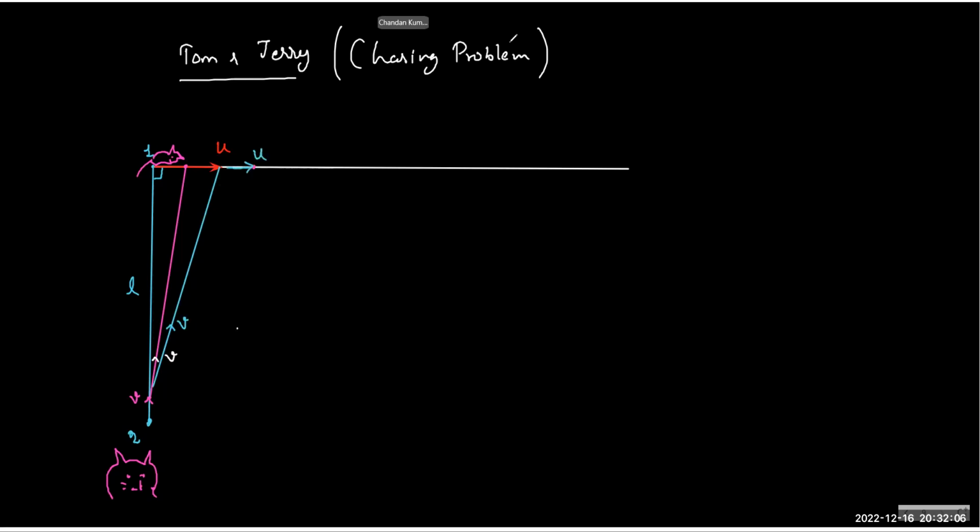So you will keep on changing the direction of chase, isn't it? At the very next moment, what will happen? Tell me. So you are here. And you can see this will keep on happening. You are not trying to chase this way. And eventually, if you keep on doing this, if I join a lot of lines like this,